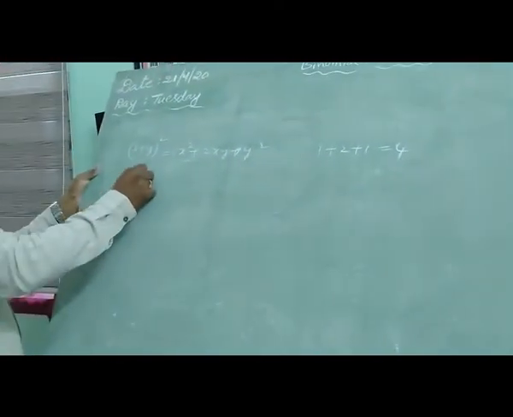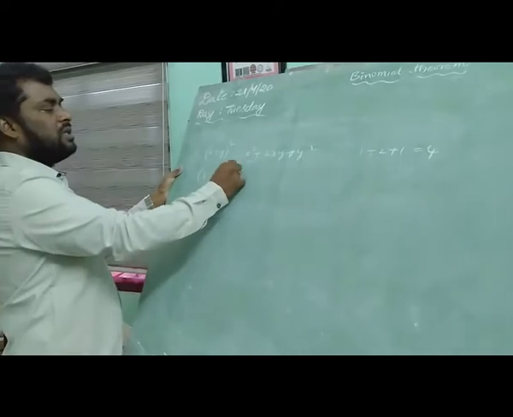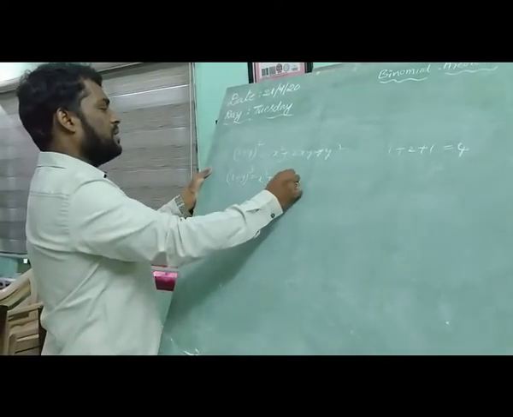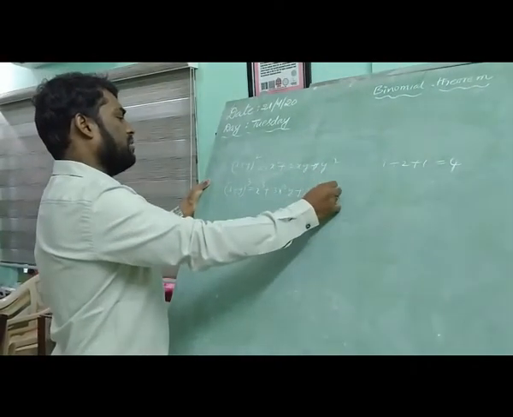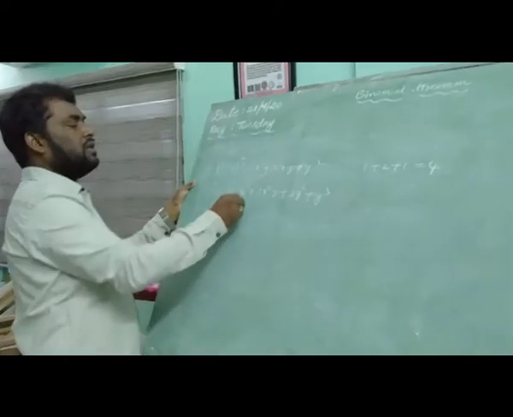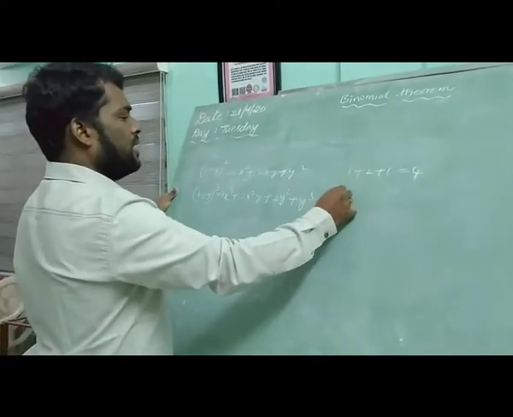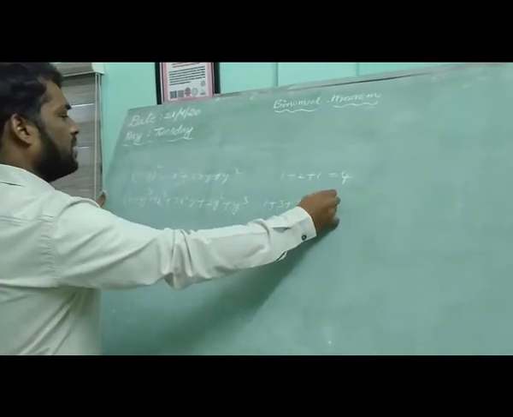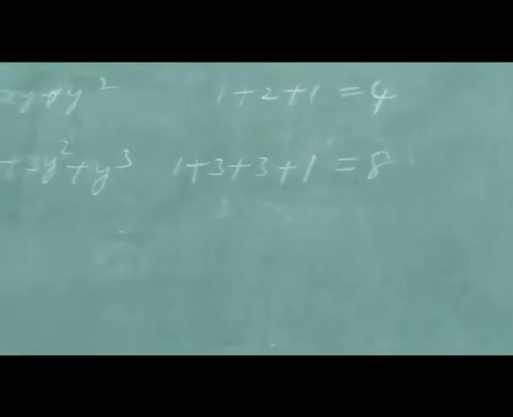X plus y whole cube. Its expansion is x cube plus 3x square y plus 3xy square plus y cube. Here the coefficients are 1, 3, 3, 1. Their sum, 1 plus 3 plus 3 plus 1, is equal to 8. Like this,